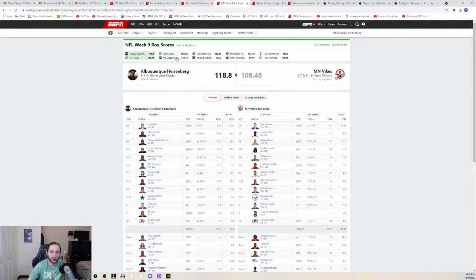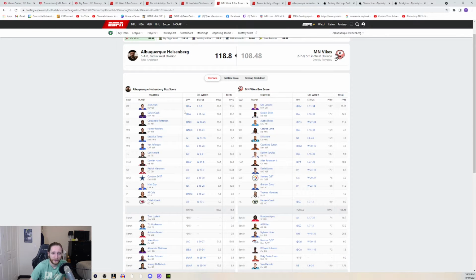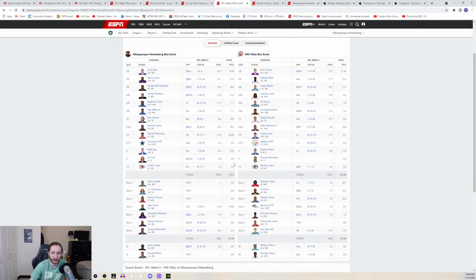You can see the scoring in the rest of the league. I had an okay week, kind of in the middle with 118. Some teams scored way more. Some teams scored way less, 86. Anyways, this is our lineup from last week. Mahomes and Josh Allen both were pretty bad, but Dalvin Cook, Cordero Patterson, and Hunter Renfrow carried. And then we had Dan Arnold and Damian Harris in double digits, so that was nice.